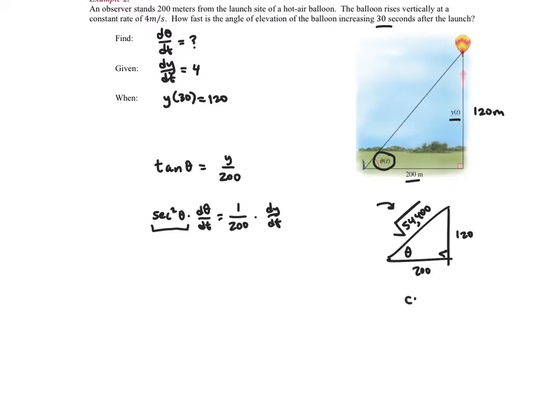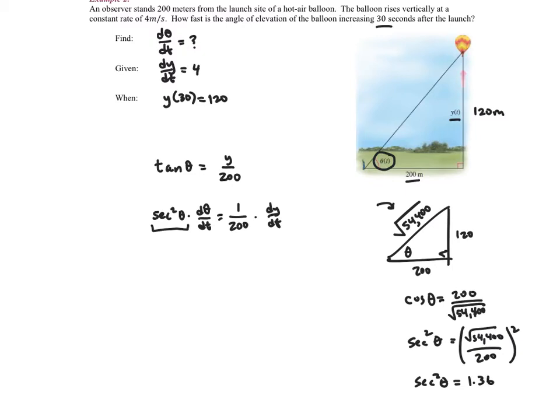So the cosine of theta is 200 over the square root of 54,400. So the secant of theta would equal the reciprocal of that, the square root of 54,400 over 200, but the secant squared would be that squared, which comes out to be, using my calculator,